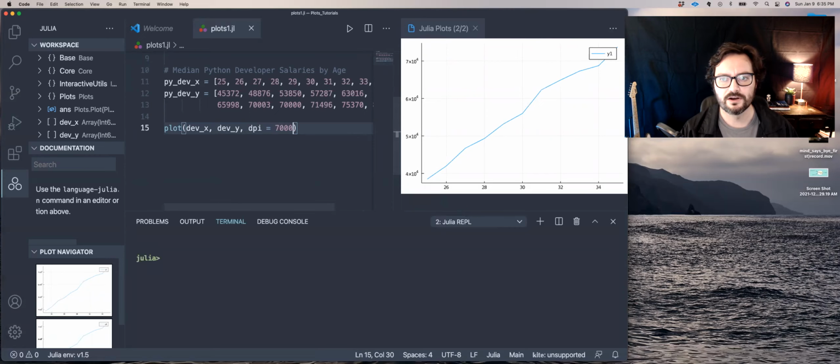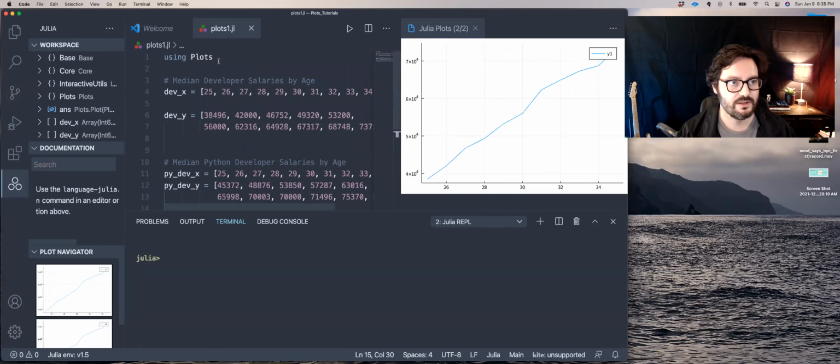Okay. Now, this already looks nice, right? We see this nice curve. We have the ages down here, though our plot is not descriptive of that. We have our salary in scientific notation, a legend that just pops up, but maybe we want to change the